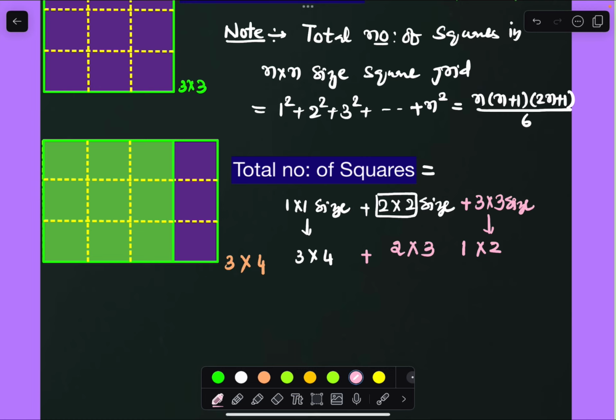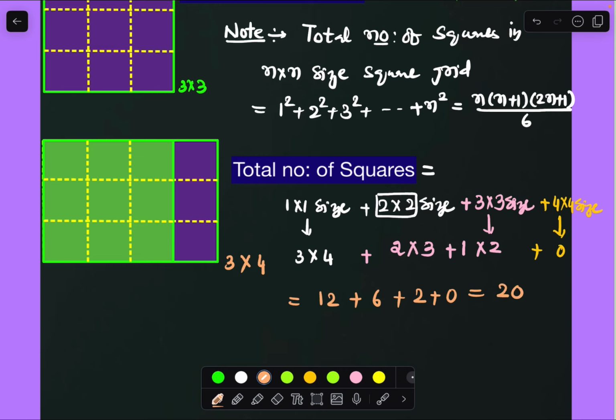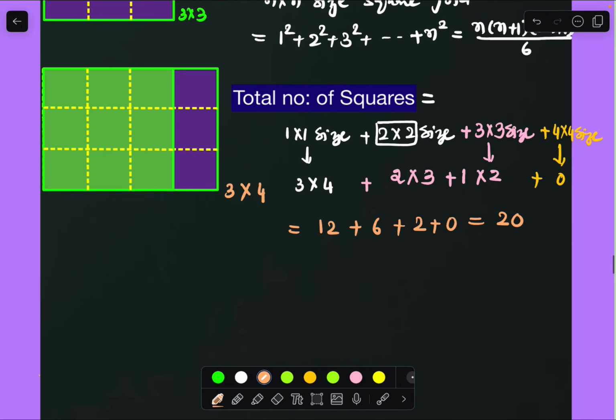And how many 4 by 4 unit squares are there? A 4 by 4 size square grid I want here. This value will become 0. Blindly speaking, find the total number of 1 by 1 unit size squares. After that, decrease the base continuously by 1, right? You will get this result directly. And totally how much? 3 4s are 12, and 2 3s are 6, plus 1 2 is 2, and the remaining part is 0. And 12 plus 6 is 18, 18 plus 2 equals 20. The total number of squares in this grid we are getting as 20, right?